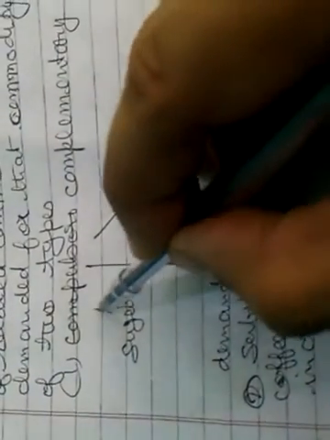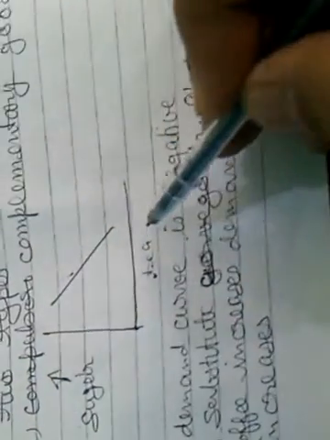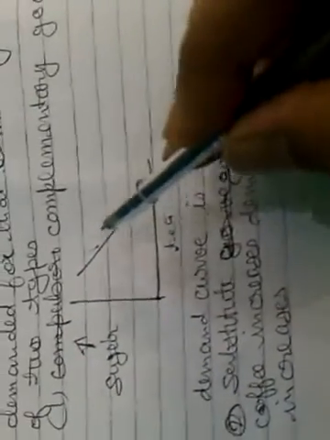First is complementary goods. For example, sugar and tea are complementary goods. This demand curve is negative. If the price of sugar goes high, people will start consuming less tea because they do not want to buy sugar at 50 or 100 rupees per kg, and mostly we use sugar in tea only. So the demand curve will be negative.